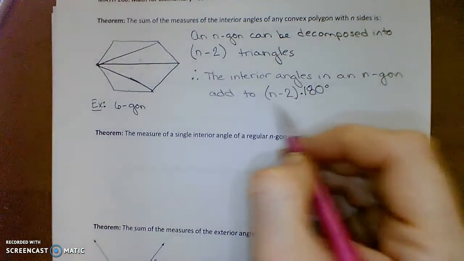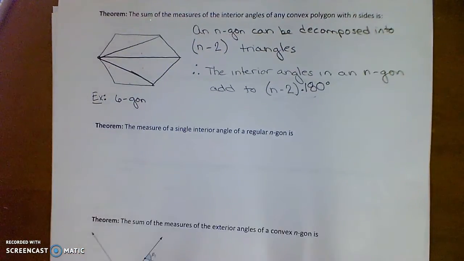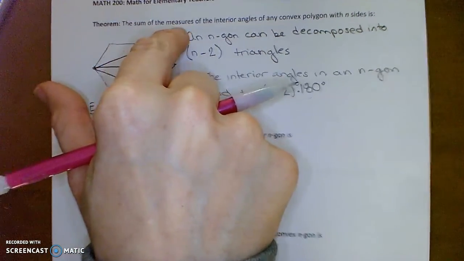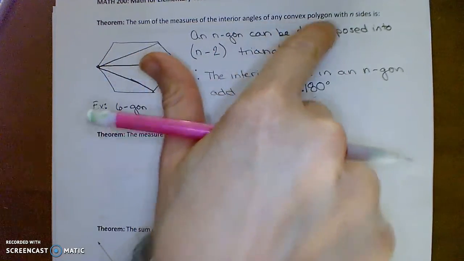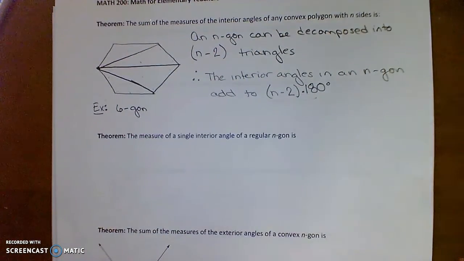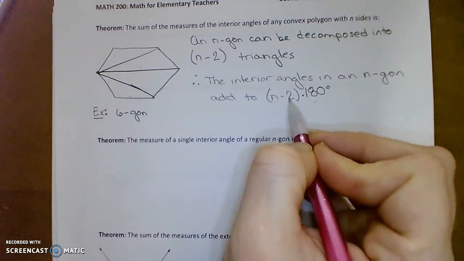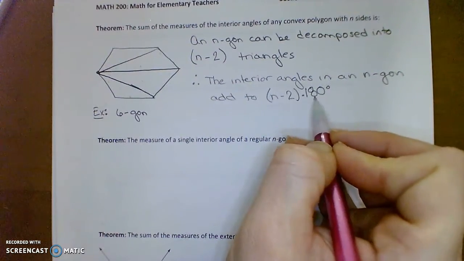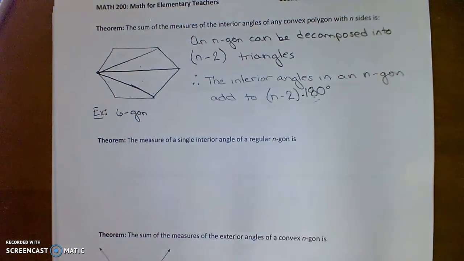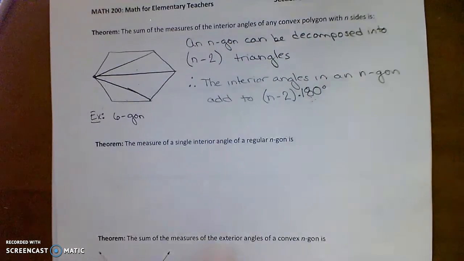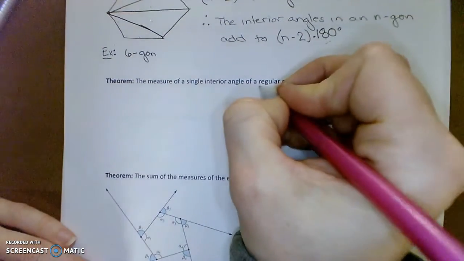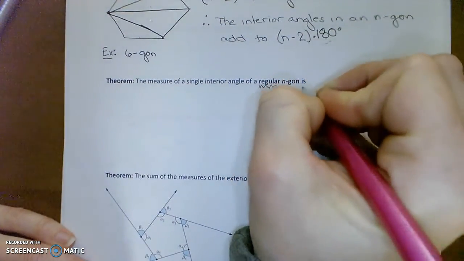So here's the formula for the sum of the measures of the interior angles of any convex polygon with n sides. Take the number of sides, subtract 2, and you have that many triangles, so that many groups of 180 degrees. All right, so with this information, we can actually figure out, if you have a regular n-gon,